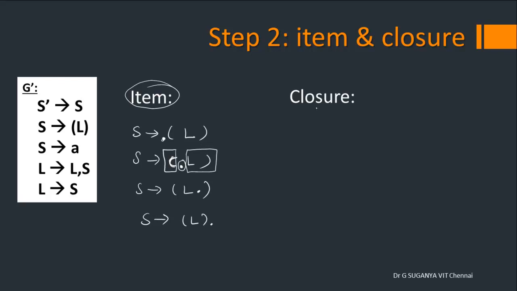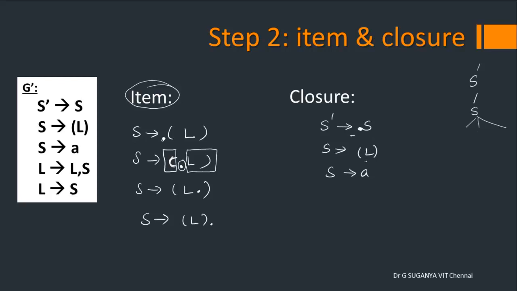Coming to closure. This closure represents the set of all items that will be part of a particular state. Let's say I am going to start deriving S' gives S. I have to place the dot from here, because I am going to start deriving now and I haven't checked any input till now in the input buffer. So what is the possible way of deriving this when I give S' gives S? What could be expanded from S? Yes, we do have two productions: S gives (L), and S gives a. These are the two options which you can substitute here.